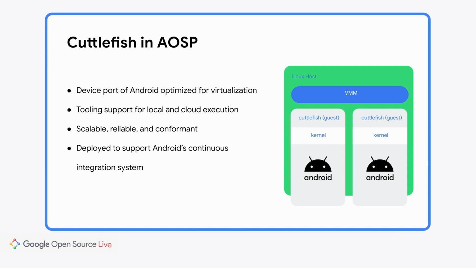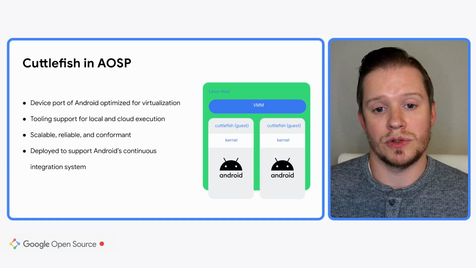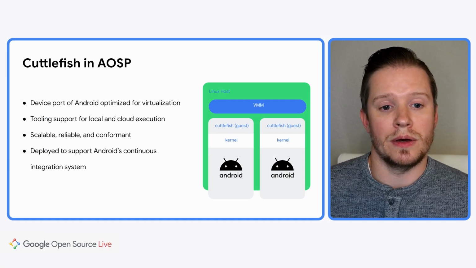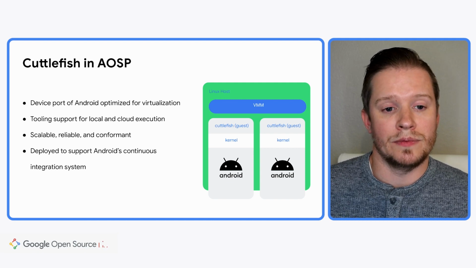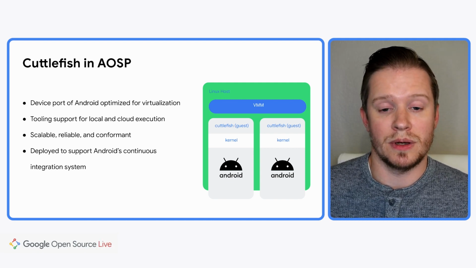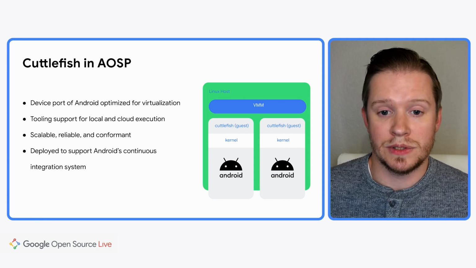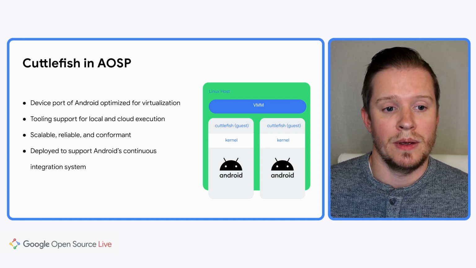What that means is that we've taken all of the things in a physical device that you need to build a useful physical device. We've tried to provide analogs for those features in our virtual platform. Things like camera, touchscreen, display, GPU, they're all being virtualized. And we've tried to do that in a way that is optimized for performance and optimized for the available feature set, so that the feature set in the virtual device as closely as possible matches what's done in the physical world. And that means that we get pretty good performance, pretty good correctness, and alignment with physical devices.